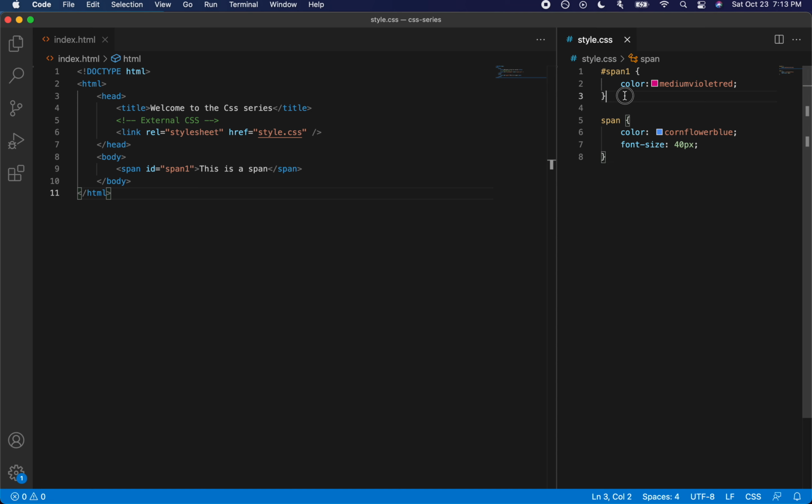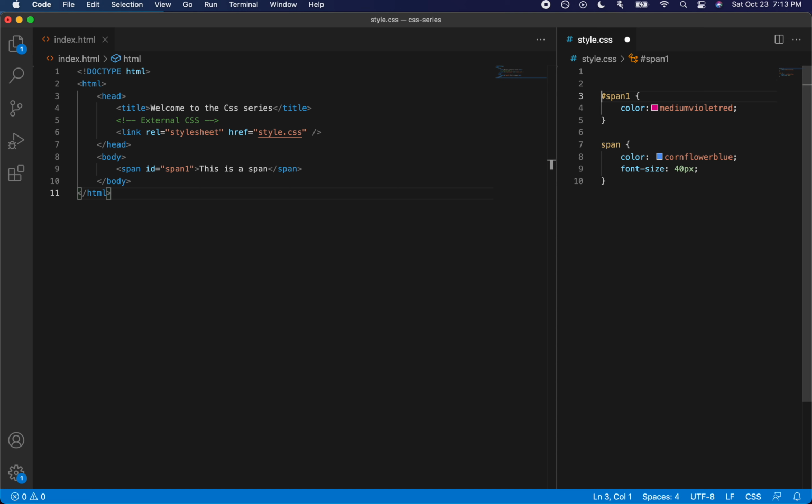Now, why this is happening is as per the CSS specificity rules. Let's try to rephrase this. ID has more specificity than tag name.